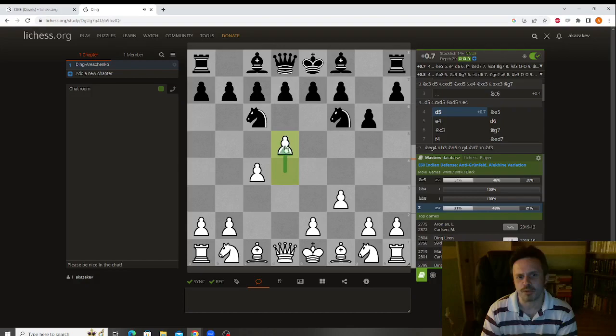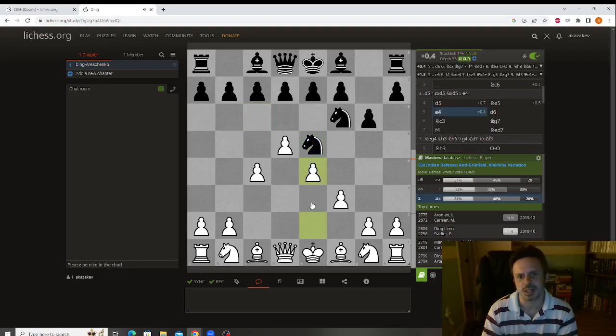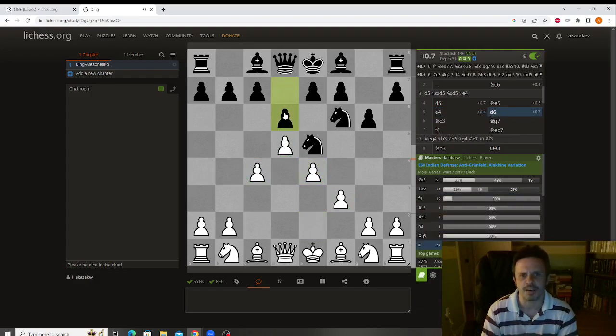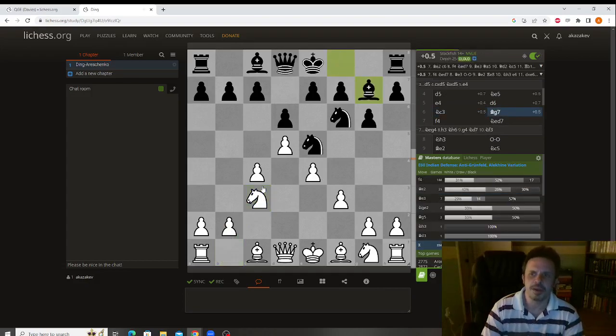d5, which makes perfect sense, exploits the position of the knight. The knight goes to the middle of the board, which makes sense. Then White gets a very nice space advantage. Black takes his share of the center, which makes sense, and also opens the door for the bishop. Knight c3, then develops. Bishop g7, the bishop needs to fianchetto so that Black can castle,